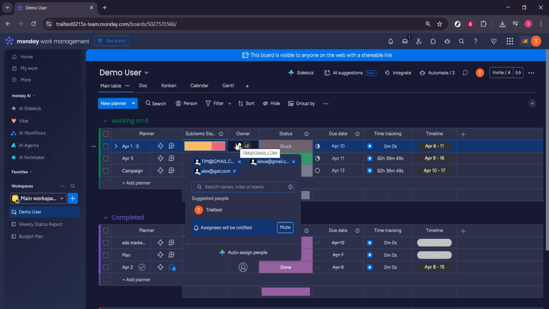Go to your board, locate the Owner section for the right task, then click the People icon and select the teammate. With that simple workflow,